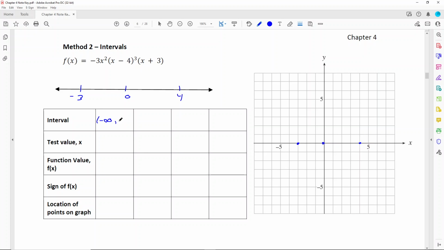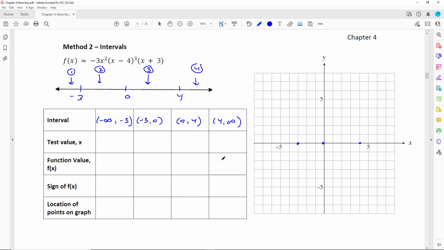So there's one interval between negative infinity and negative 3, so this is the first interval. There's another interval here between negative 3 and 0. There's another interval here between 0 and 4. And then lastly, there's an interval here, which is between 4 and infinity. And what we do is we pick an x value that's in those intervals, test it into the equation, and